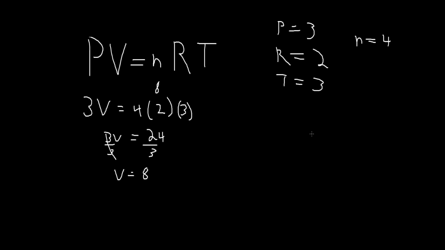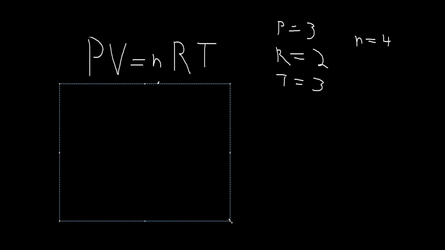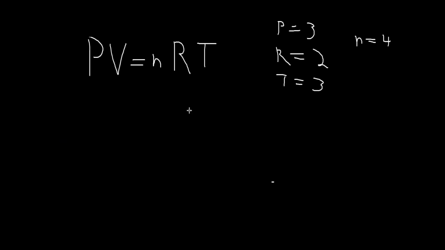So as you can see, we can plug all of these in, and then we can do a little algebra to solve it. But what if I told you that most chemistry people don't do that? Most chemistry people don't have to go through all the algebra steps every time. And the reason they don't is because what they'll do is they'll make a formula that just solves for whatever they're looking for at the time. So instead of plugging in all the numbers into the same one over and over and over again, what they can do is they can go, okay, so I'm missing V, so what I'm going to do is I'm just going to divide by P off the bat. So divide by P off the bat, so V is equal to